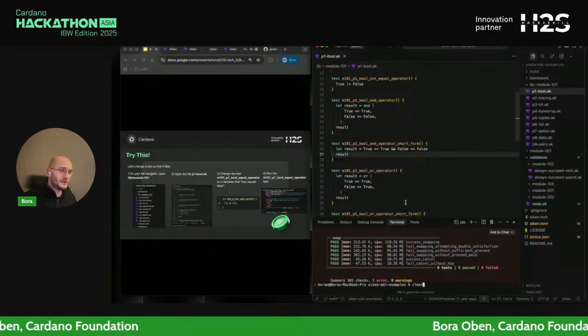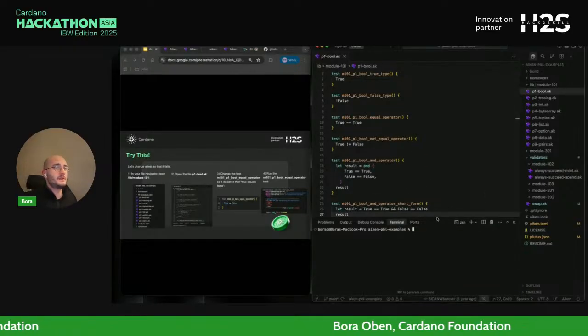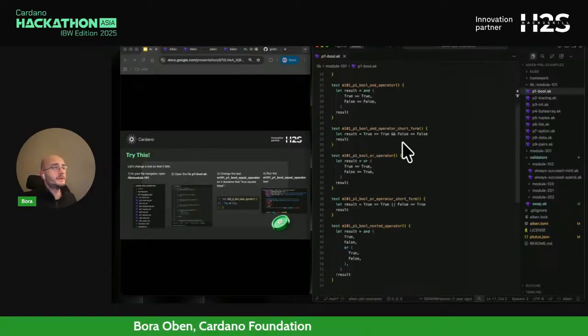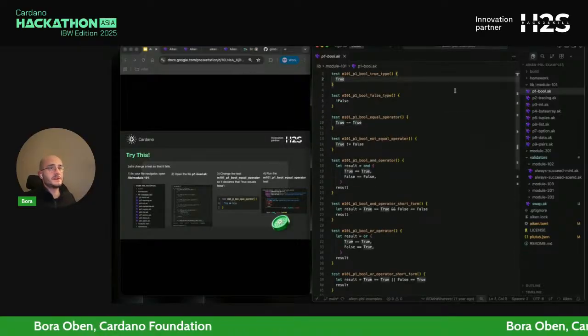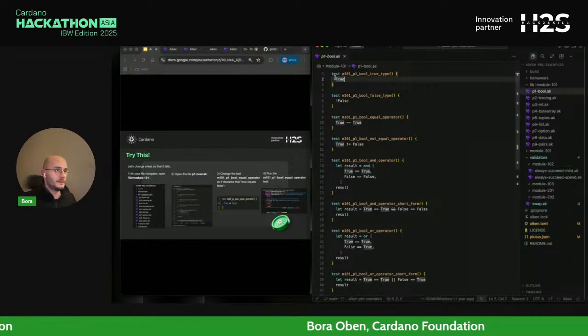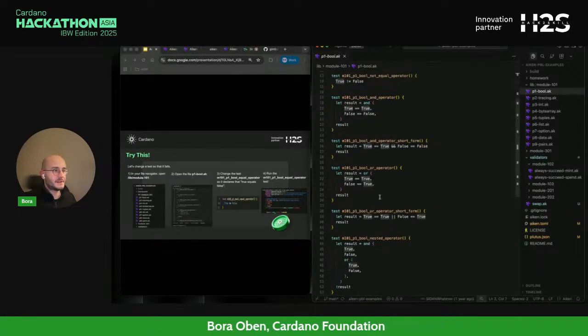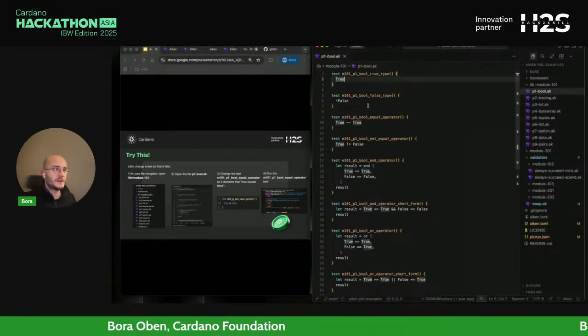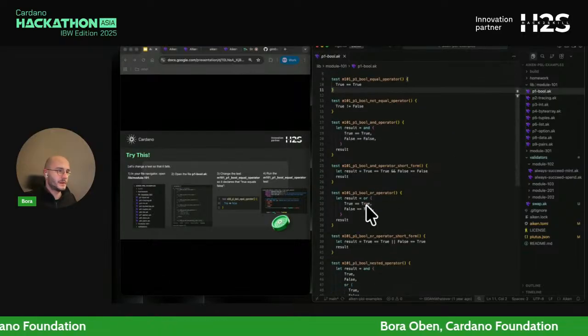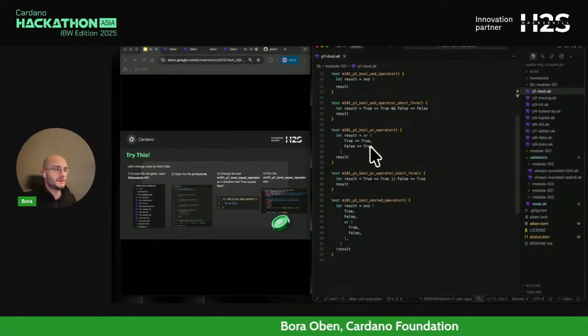What you see here is that this file has nothing to do with smart contracts. It's just a way to showcase Aiken's testing suite. There are a bunch of tests that you can see over here. They are just checking arbitrary logic of operations, right? There is no real logic here that's checked.